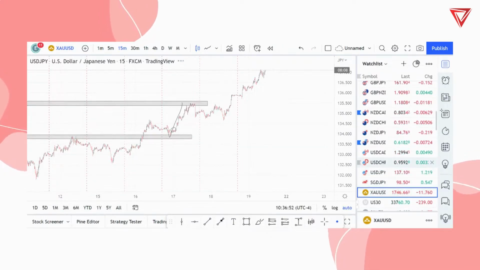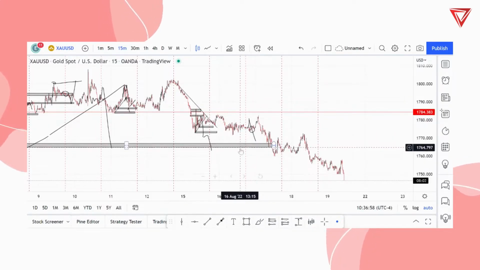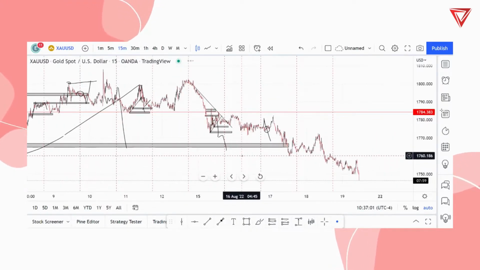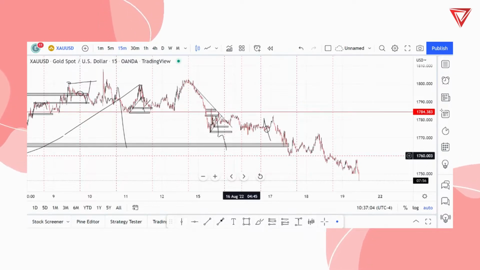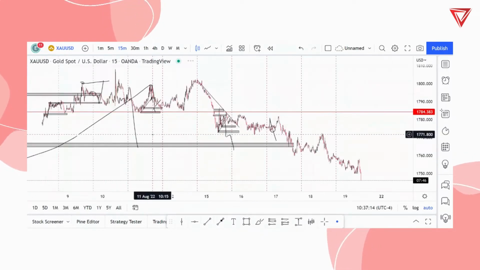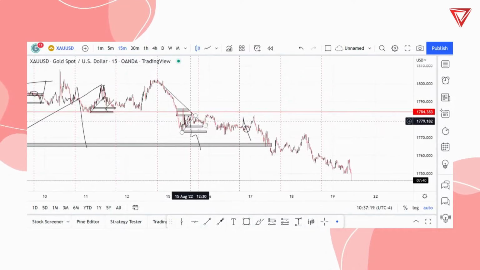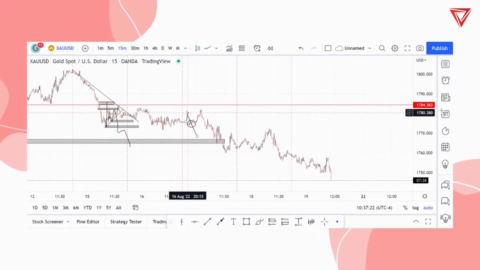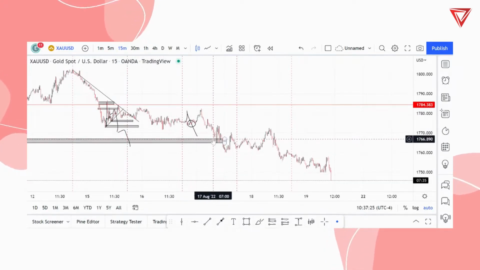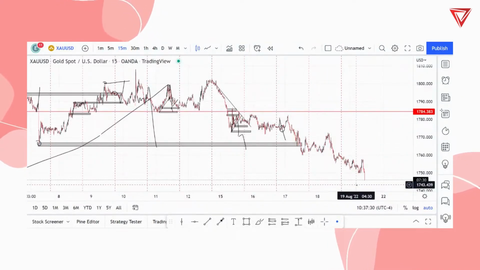And I think the last one we had would have been gold. Gold is absolutely beautiful. I think this is the one I'm most proud of. Consider, and I'm saying proud even though I know that I'm a good trader. I'm saying I'm proud of it for a simple reason. Nobody knows what is going to happen. Nobody knows. But the interesting thing is the analysis played out more or less exactly what I wanted it to do, where it would have spiked up into this liquidity zone here. Makes sense to me. Spike up to this area and then drop back to this very area. And then because we know that there's liquidity underneath here, it makes sense to go back down.